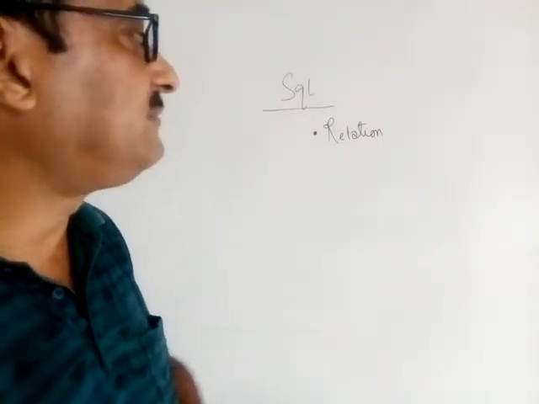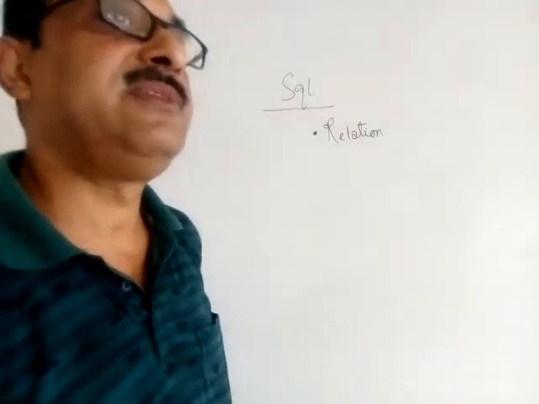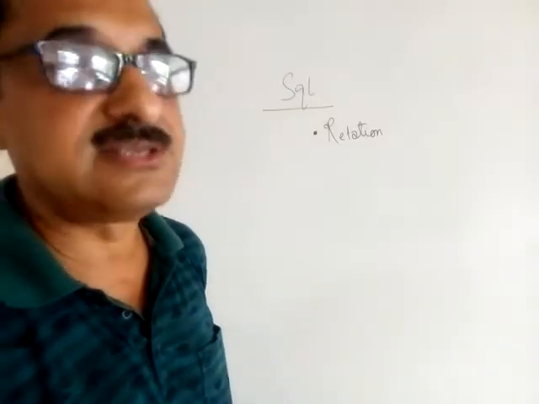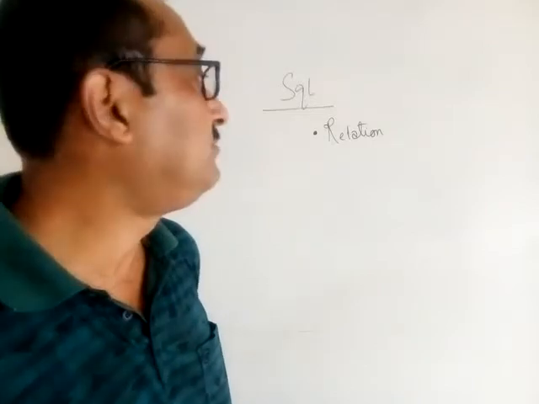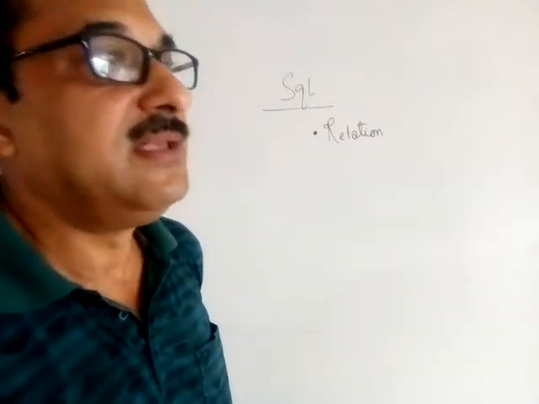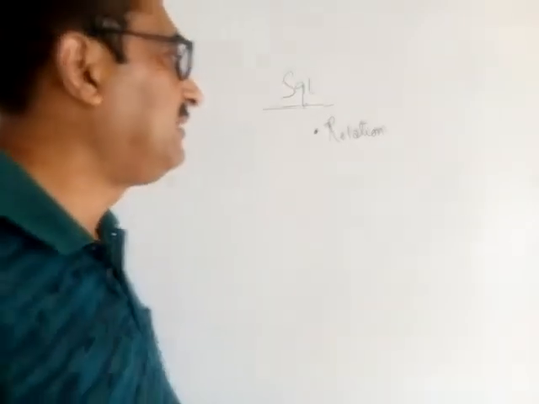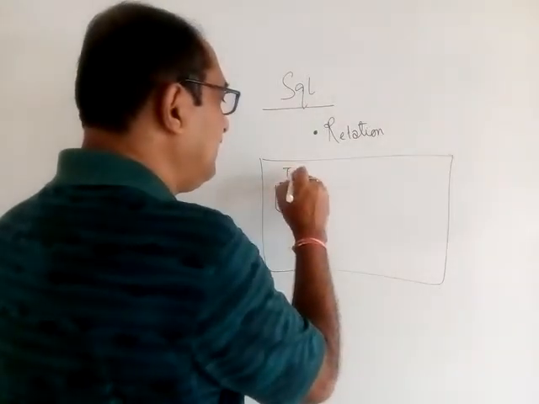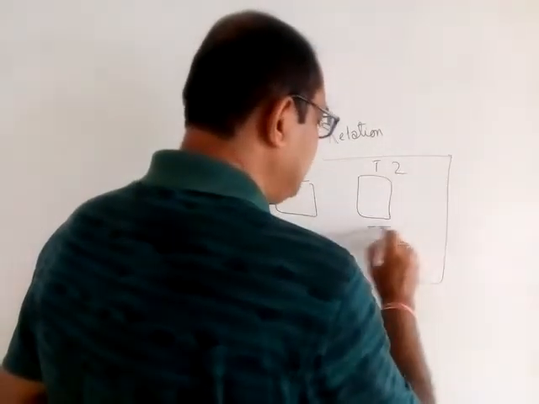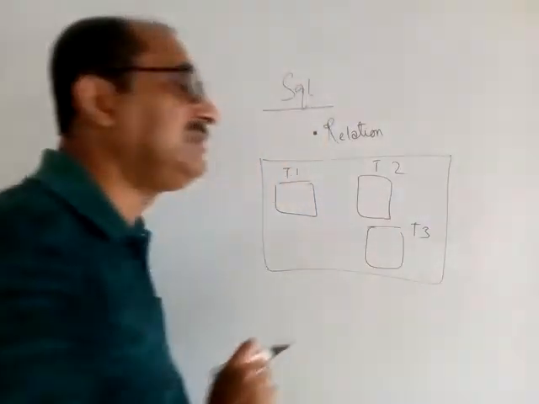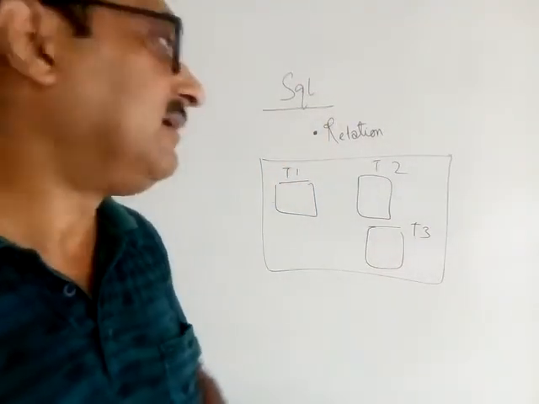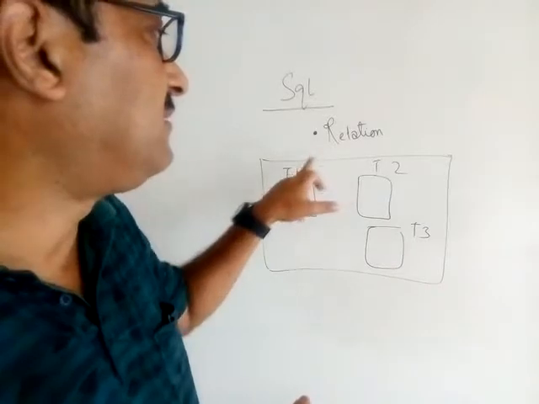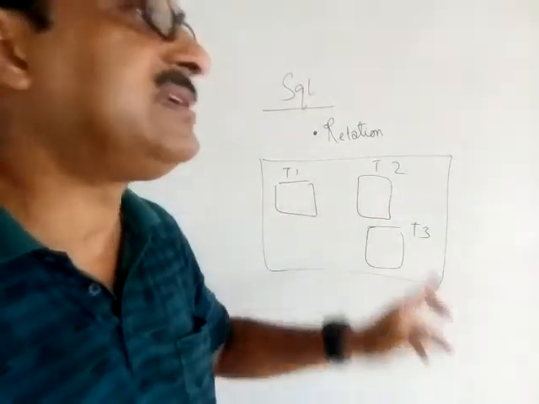Why is it called a relation? Because nowadays most of the database management software that you get to see are relational database models, or they provide you with a relational database management system. Relational database management system means when, imagine this is a big database, you have table number 1, table number 2, table number 3, and they are connected to each other. There is a relation between them, right? That is what the relational model of database management tells us, and from that name the word relation has come. So every table is a relation.